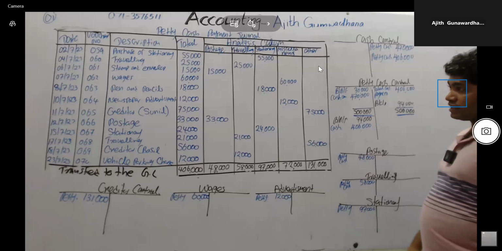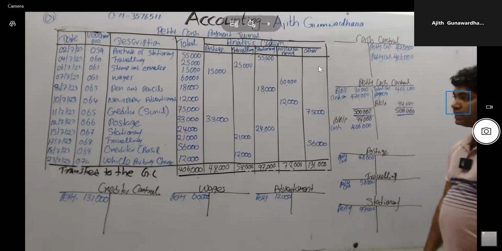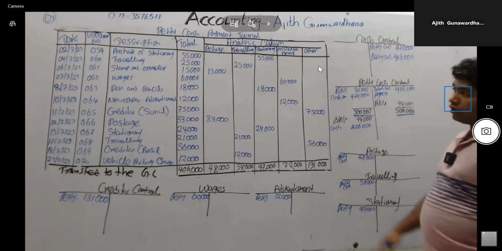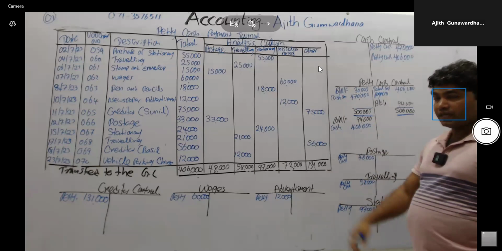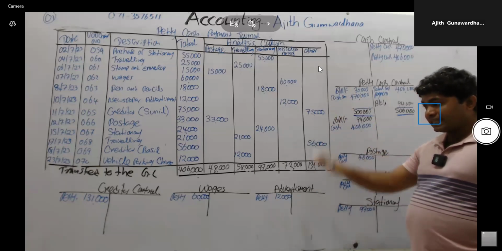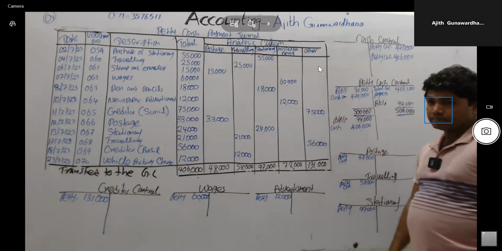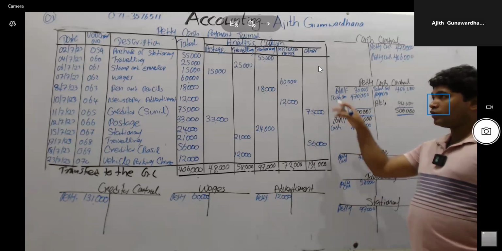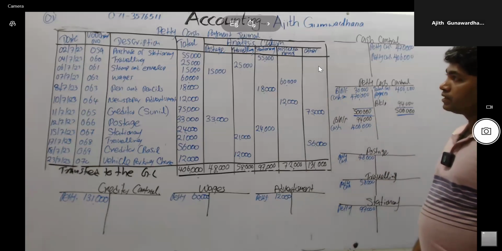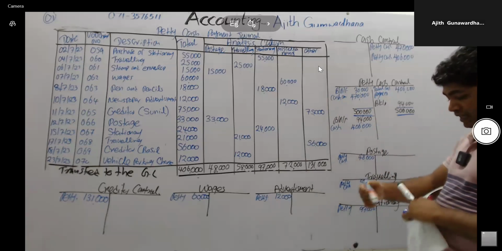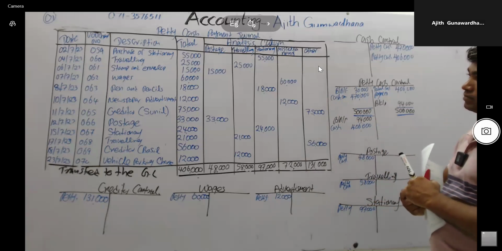Think how to prepare petty cash payment journal. Petty cash payment journal. Only a small amount of expense paid in cash will be recorded here. Therefore, you have to know how to record each and every transaction in the petty cash payment journal. A small amount of expense paid in cash should be recorded.